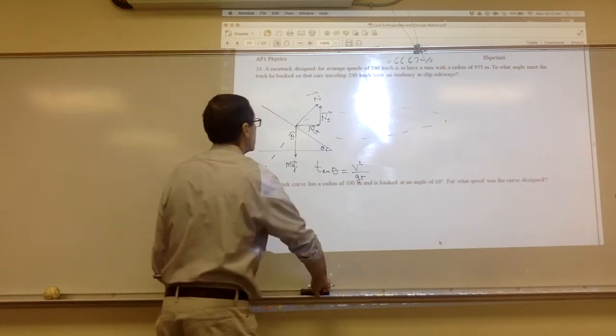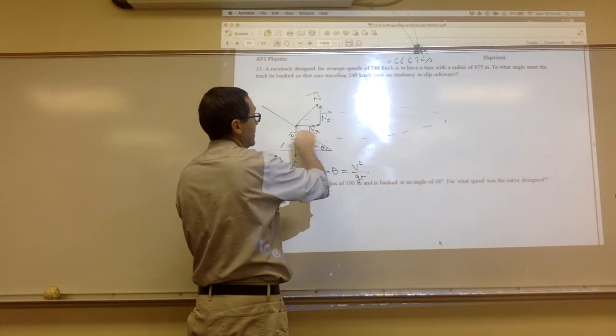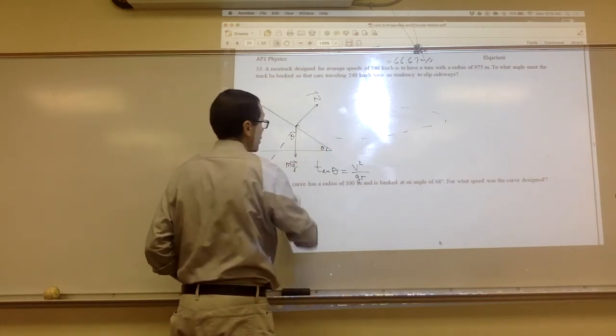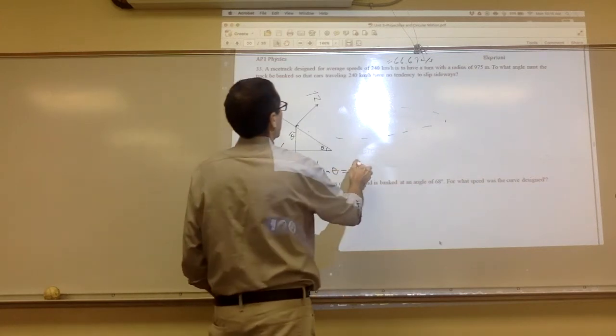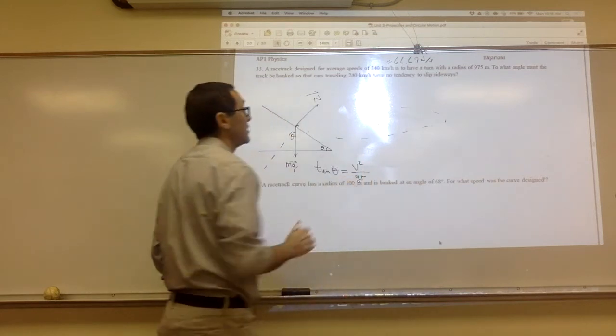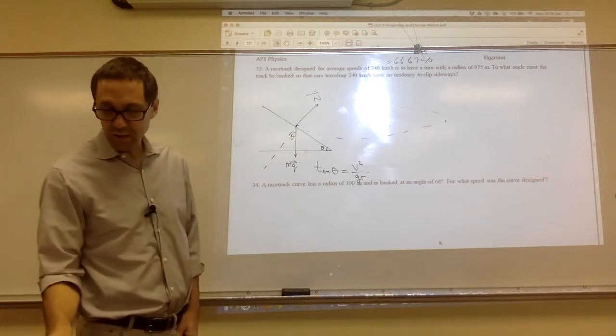Okay. So basically, what's responsible for the turn is the horizontal component of the normal force. It's pushing you kind of like in. So if we do the math here, we have the v, which is 66.67, we have the g, which is 10, we have the radius, which is 975. And you can just do an inverse tangent, and you should get an angle of